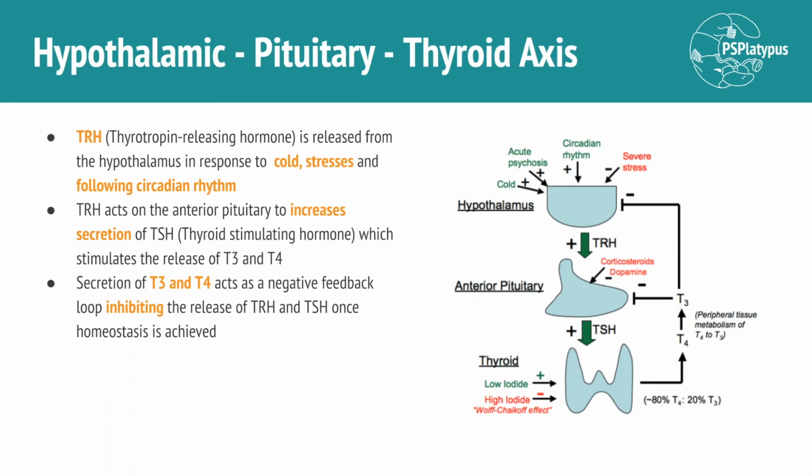Secretion of T3 and T4 then acts as a negative feedback loop, inhibiting the release of thyrotropin releasing hormone as well as thyroid stimulating hormone once homeostasis is achieved, as we can see in the diagram here, where T3 acts as an inhibitor of our anterior pituitary as well as hypothalamus, and in this instance would prevent the release of any more